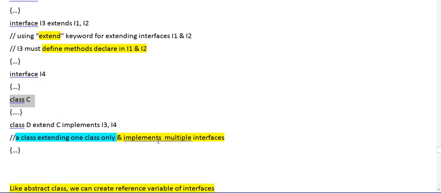Okay, so it is correct, we can extend and implement both for a class.